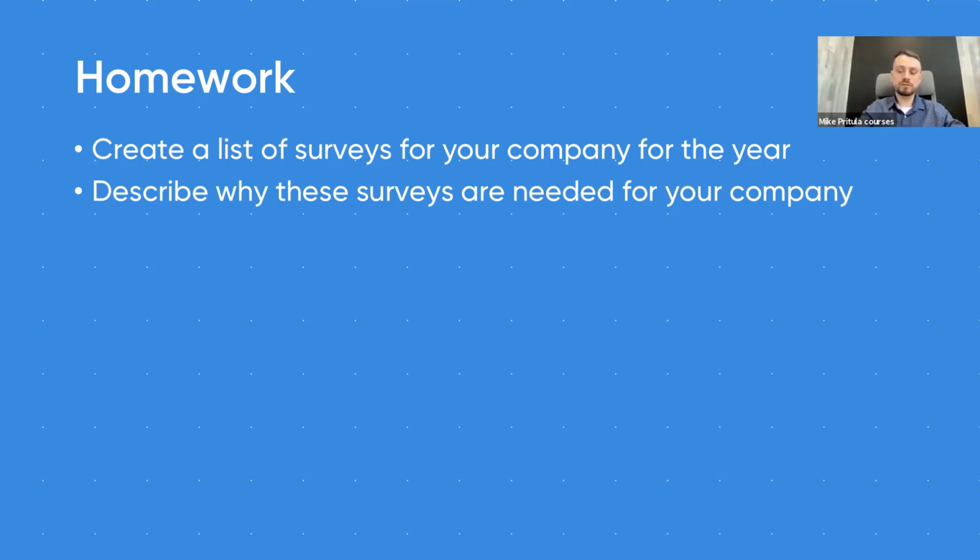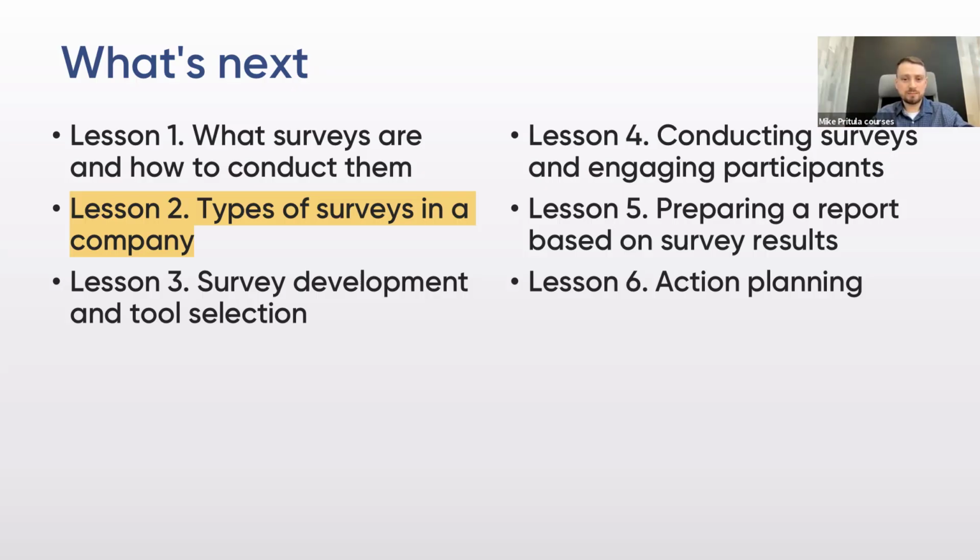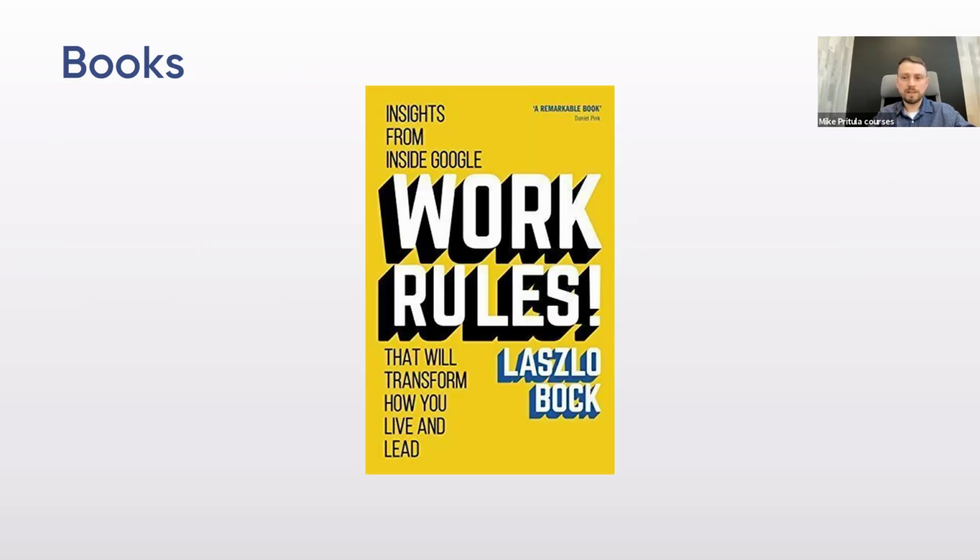Here are some books I can recommend. Laszlo Bock writes very good surveys in the book Work Rules. Google itself is a big fan of surveys. Using surveys, they collected a lot of information, gathered employees and evaluated certain studies and people's opinions. In general, they're big fans of this tool, and the book often mentions various types of surveys. They evaluate managers using surveys and so on. So it's a good book. For those who haven't read it yet, I recommend you do.